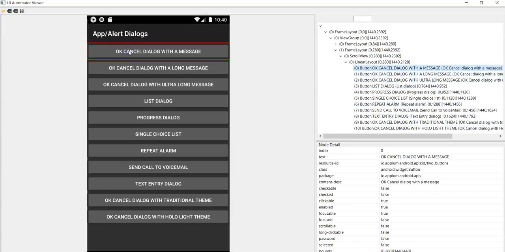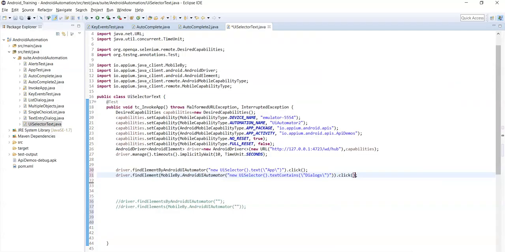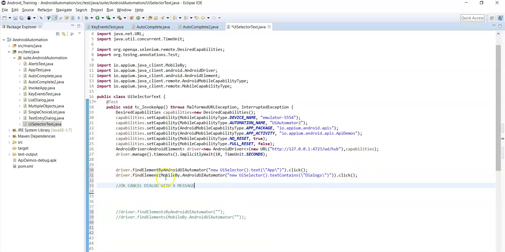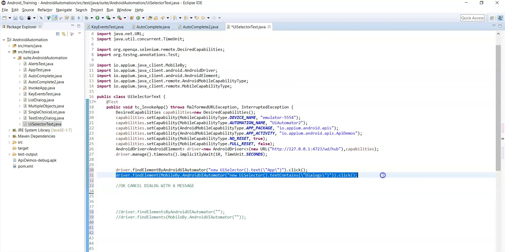Now click on OK cancel dialog with a message. The text attribute value is OK cancel dialog with a message, right? Let's copy it here. So we have used the text method and text contains methods, right?